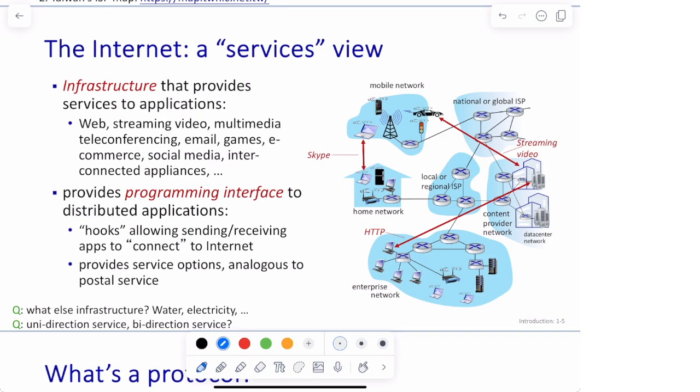Just like water or electricity, as a general user we don't have to know how electricity is generated by wind or by nuclear power or by